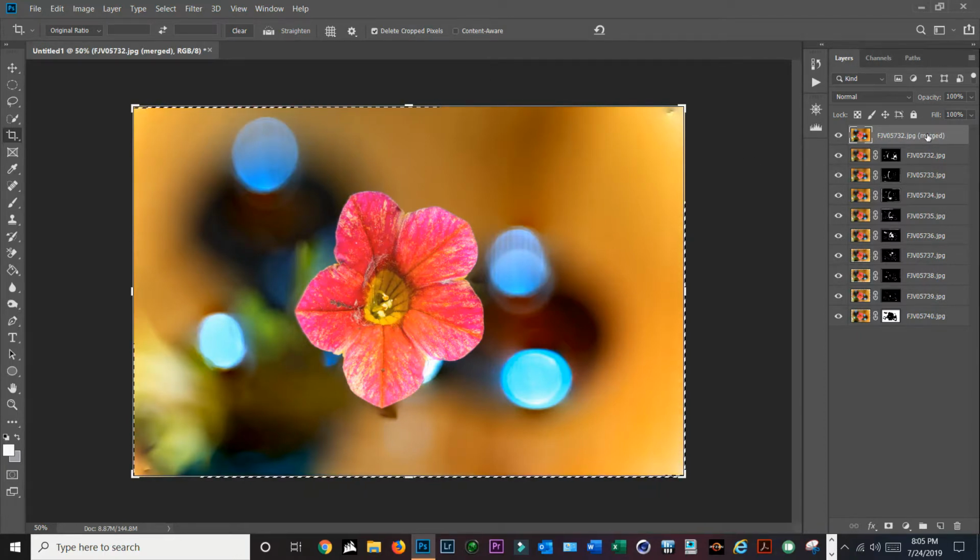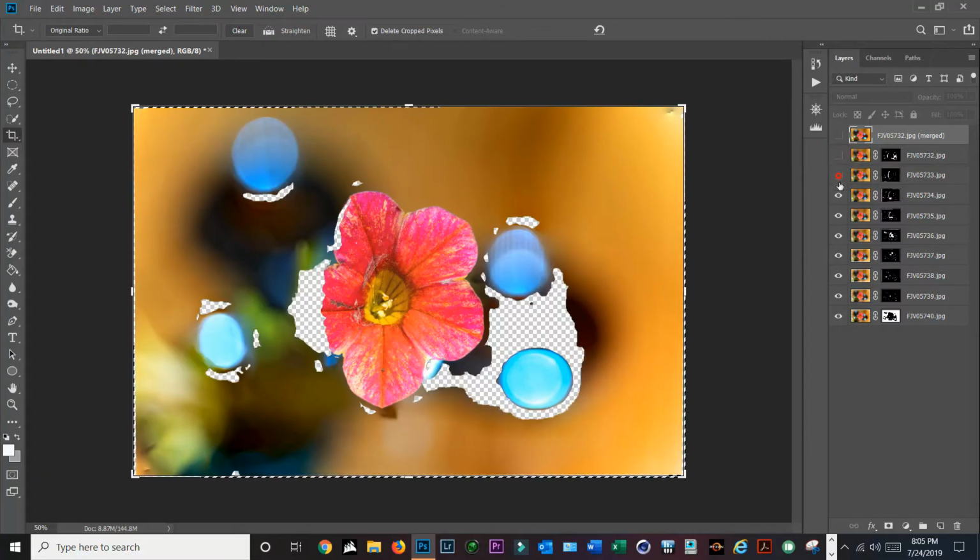That's the final photo, and notice how sharp the entire flower looks now. That's because it took the sharp portion of each one of the pictures, and then it masked out everything that was blurred. So just to give you an example of what that looks like,